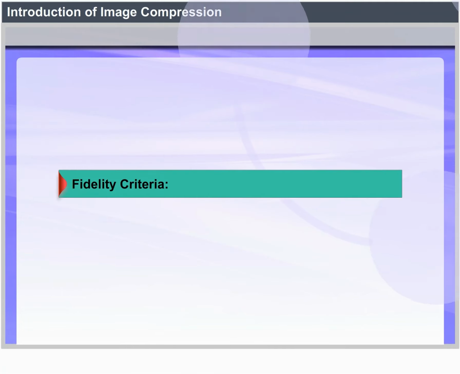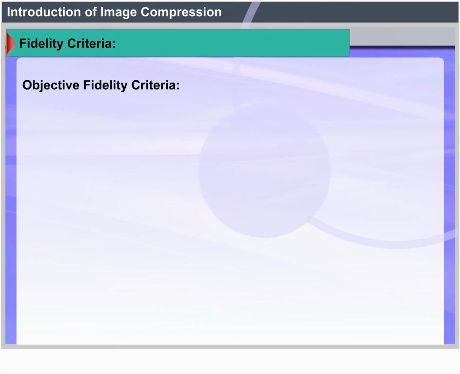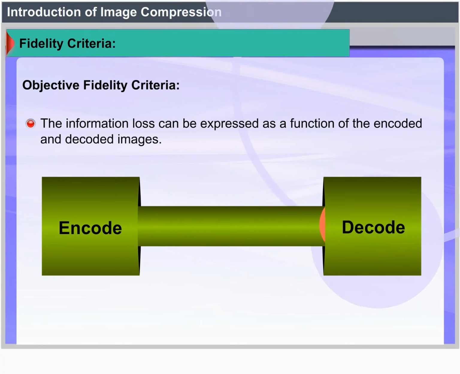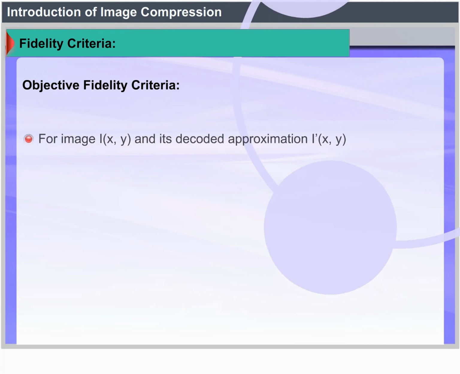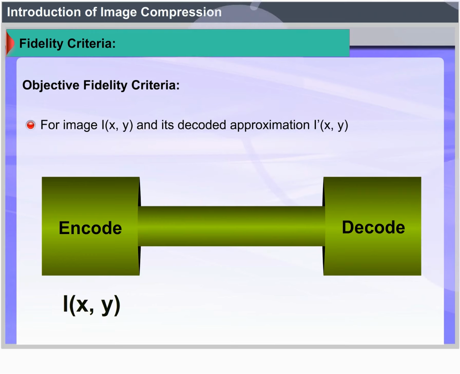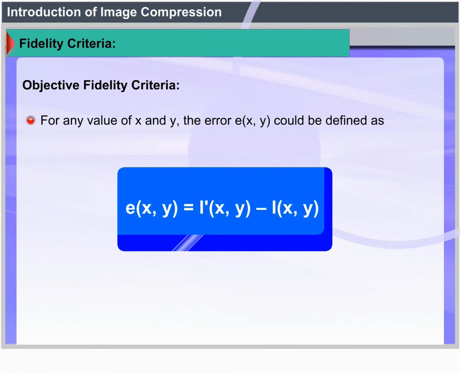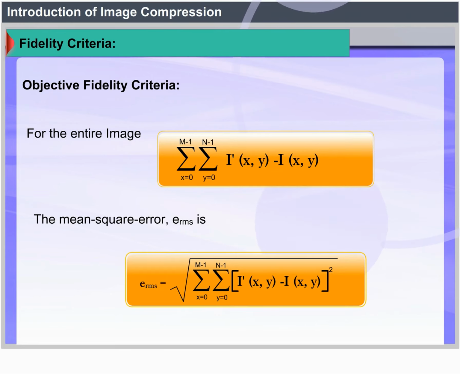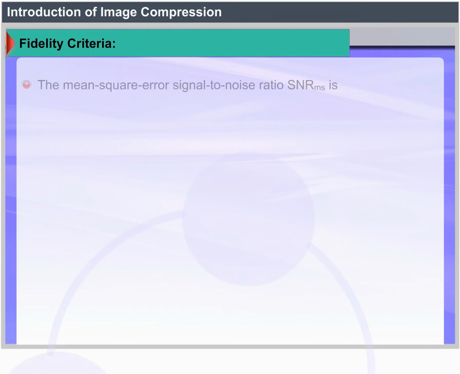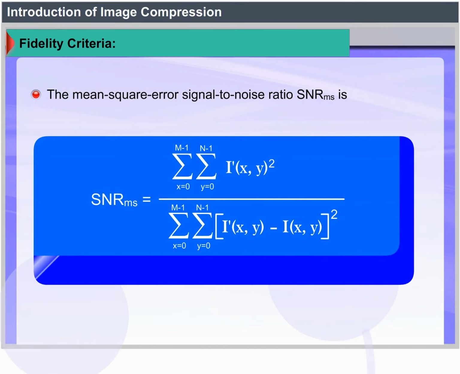Fidelity criteria. Objective fidelity criteria: the information loss can be expressed as a function of the encoded and decoded images. For image I(x, y) and its decoded approximation I dash (x, y), for any value of x and y, the error E(x, y) could be defined as shown. The mean square error signal to noise ratio SNRMS is